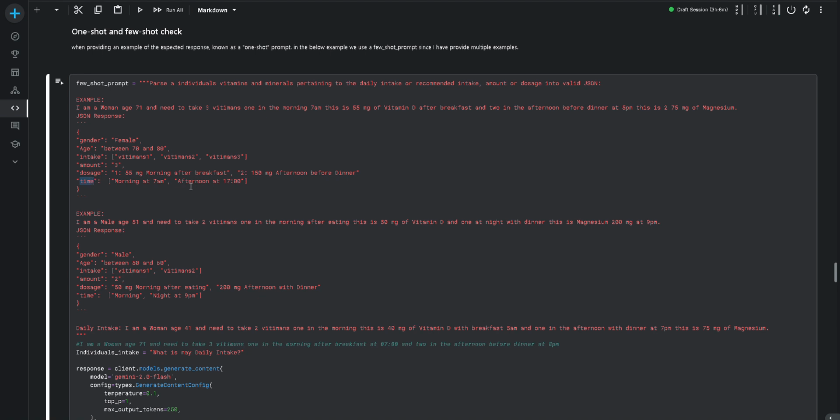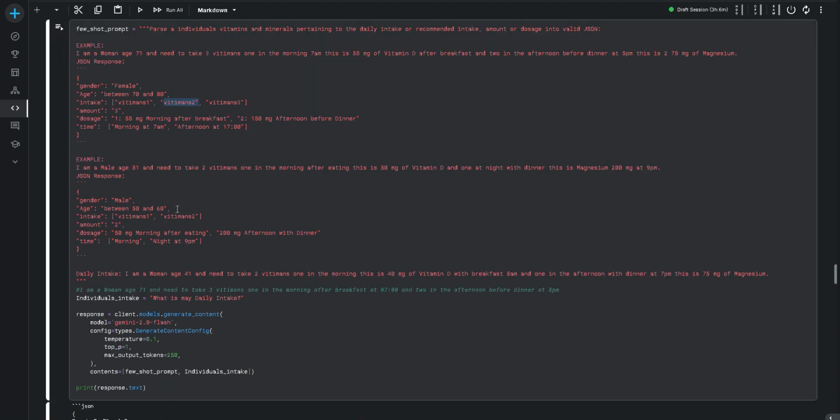This is incredibly helpful, especially if you have overlapping medication where maybe you have to take multiple in the morning. Maybe it is one vitamin that's the same as another vitamin and they have overlapping values and you exceed your daily amount intake. This will give us the structure we can actually use to control that output or response and